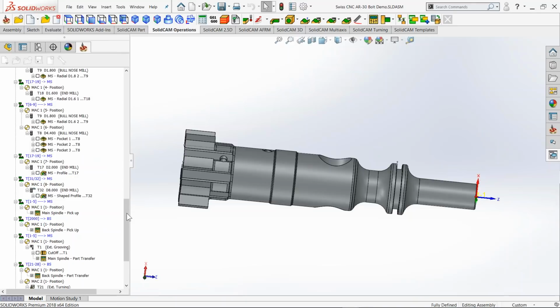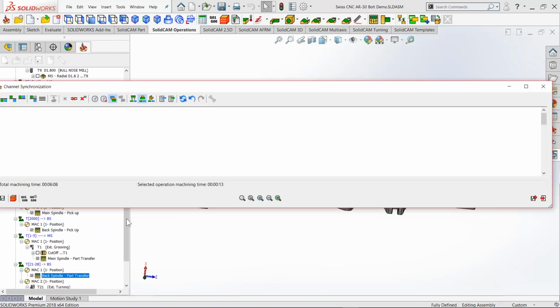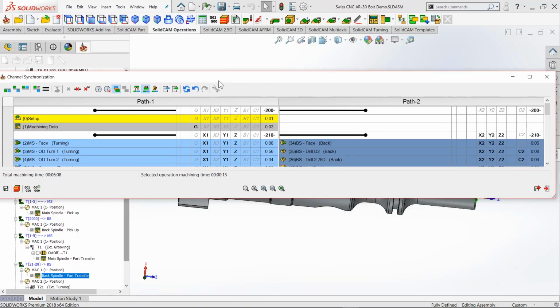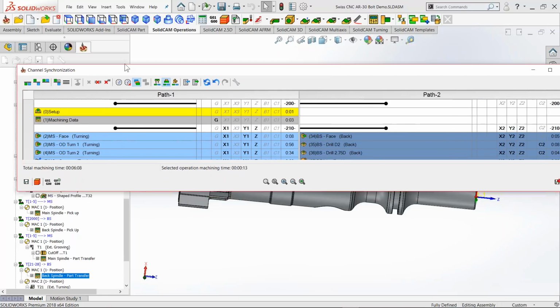Two more things. I'll just say also the G-code. It's pretty much straightforward. You have a G-code button almost everywhere. You can click it in the channel synchronization over here. You can click it over here. You can go to the operation. Like everything,